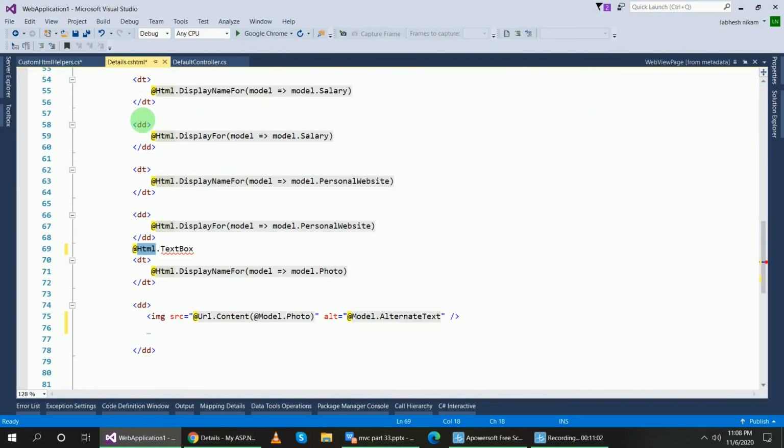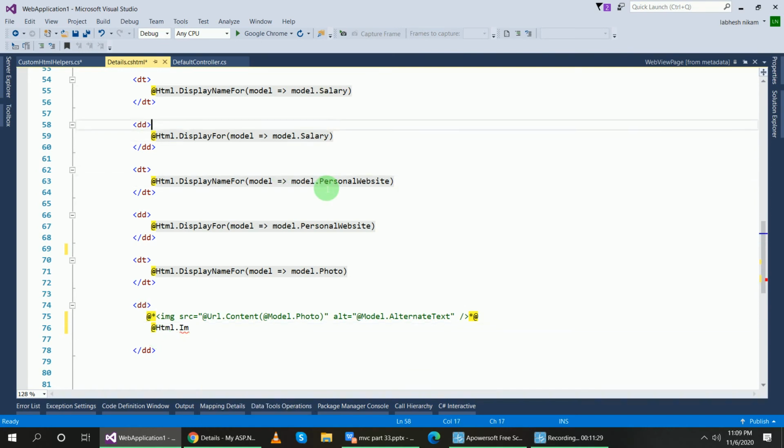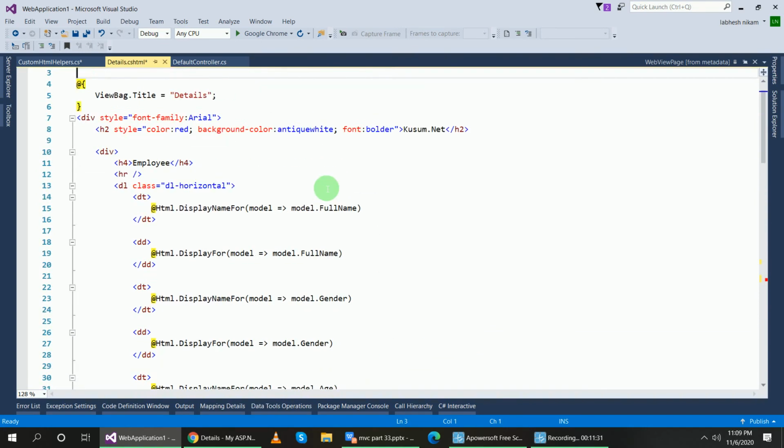Where is this? Okay. So delete this and remove this tag, or you can press Ctrl+K+C to comment it. Now @Html.Image. Presently it doesn't display this image tag. Why? Because I have to add the namespace here.